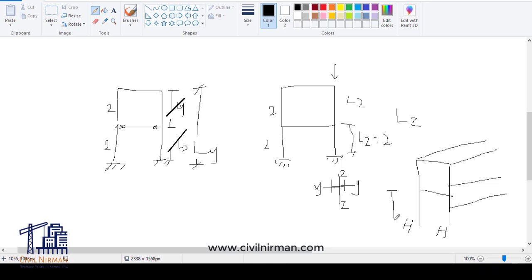So if I say that my moment connection frame is at 3 meter, and on top again I am having a member at 3 meter, and these beams are coming at every 2 meter. So 2 meter, 2 meter and 2 meter,